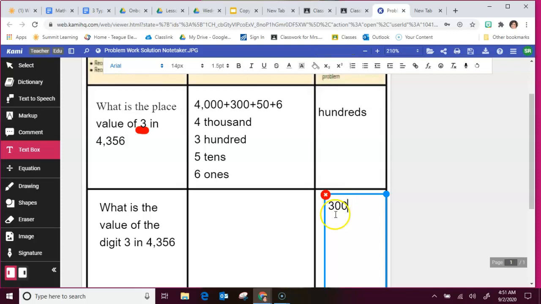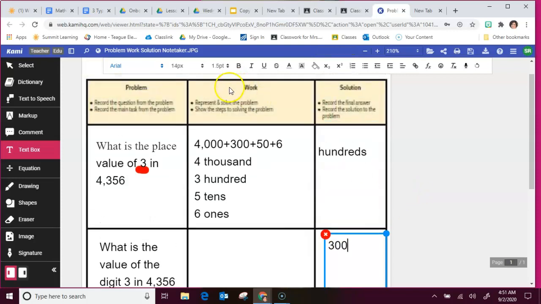Now, also, you can print this, or you can work on it here in Kami, because once you're finished with it, you can wipe it out, well, no, you don't want to wipe it out. You can save it, and I believe you should be able to open it again. So you'll want to save it, and that will save to your Google Drive under Kami. I'll show you that in a second. So if I save this,